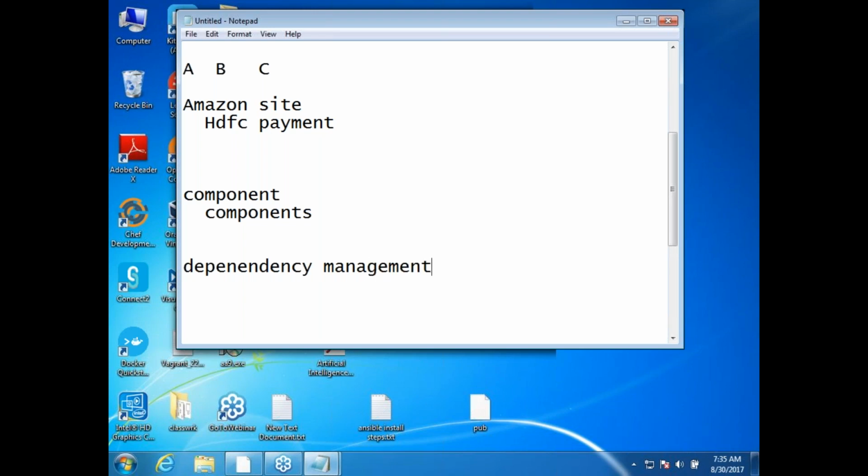In Maven, in a particular way, you tell that I am relying on this dependency, and it would download it for you if it is not present in your system, or not present in the folder where you want to have this dependency. So Maven is not just build and compile and package, but it also does dependency management.